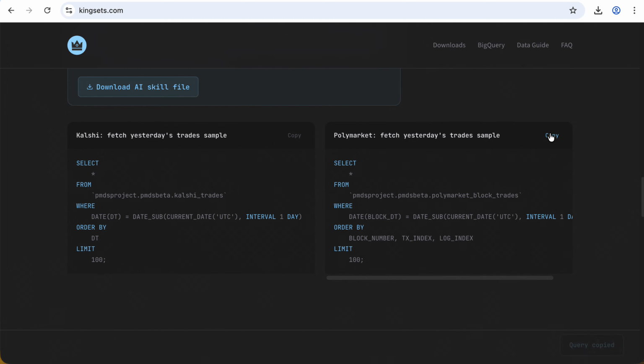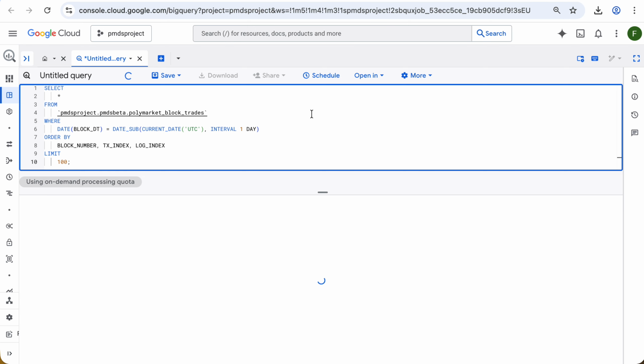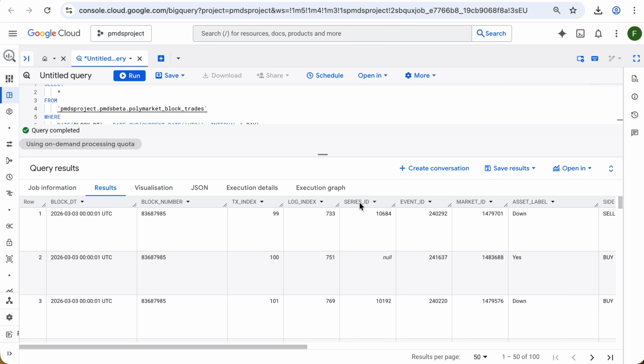And then Polymarket, a similar concept with a couple of differences. The first being that instead of having tickers, we have series ID, event ID, and market ID. The same concept: if you want more information about the market, event, and series, join this table with the series, event, and market tables.